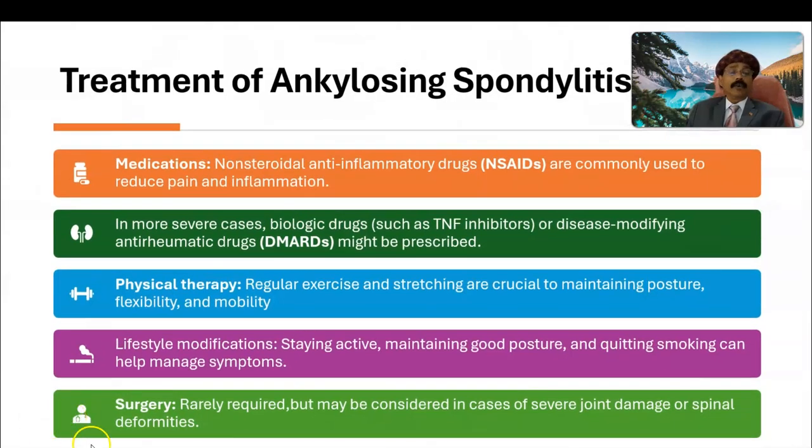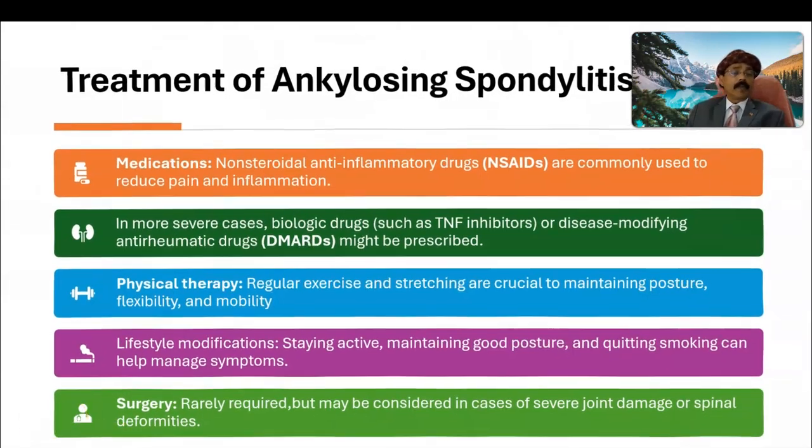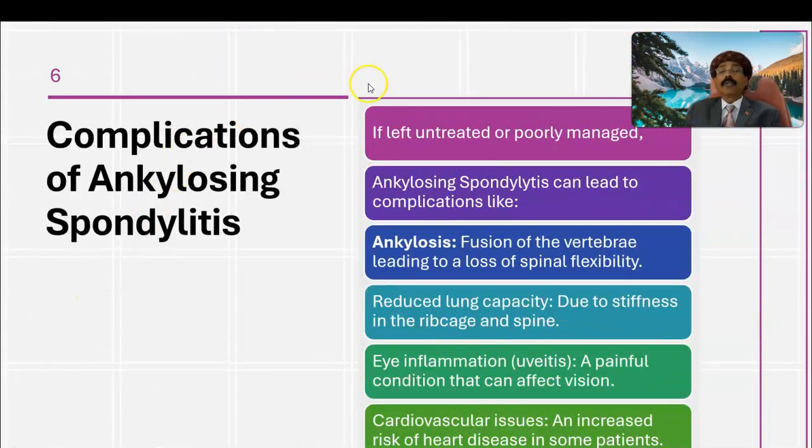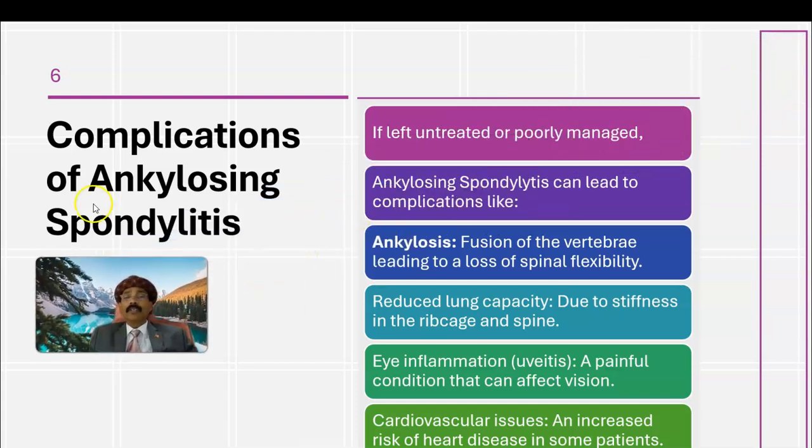Now we'll go to the complications of ankylosing spondylitis. Complications happen if it is untreated or poorly managed. Ankylosing spondylitis can lead to complications like ankylosis, fusion of the vertebra, leading to a loss of spinal flexibility, reduced lung capacity due to stiffness in the rib cage or spine, and eye inflammation, a painful condition that can affect vision,